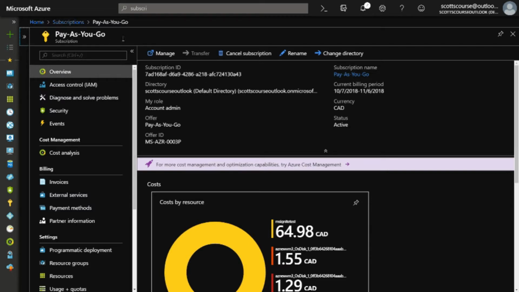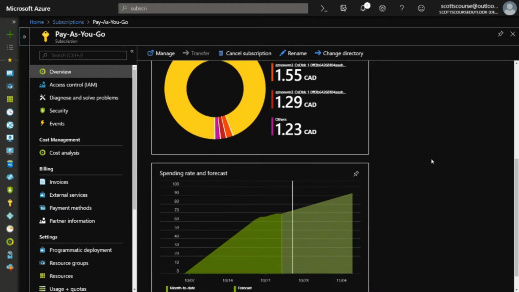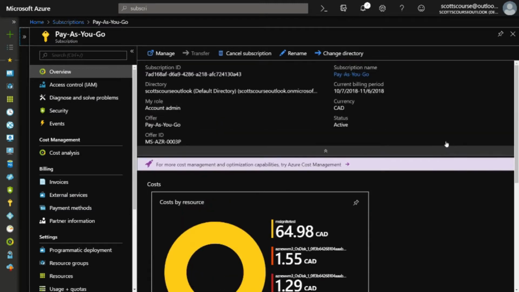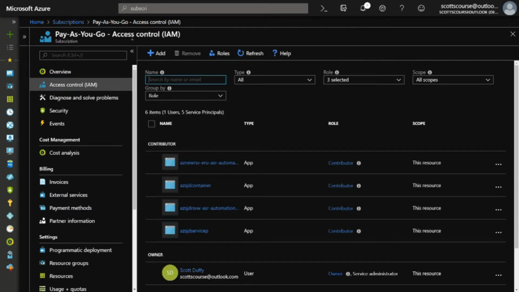So this is what you see when you go into the subscription section. Now they're focusing on the cost here, so this is how much cost I've incurred so far this month. There's a forecast, etc. First thing we're going to talk about is access control. So one of the requirements of this exam is to be able to assign additional administrators or to basically give people access to your subscription. Go into the Access Control IAM tab here on the